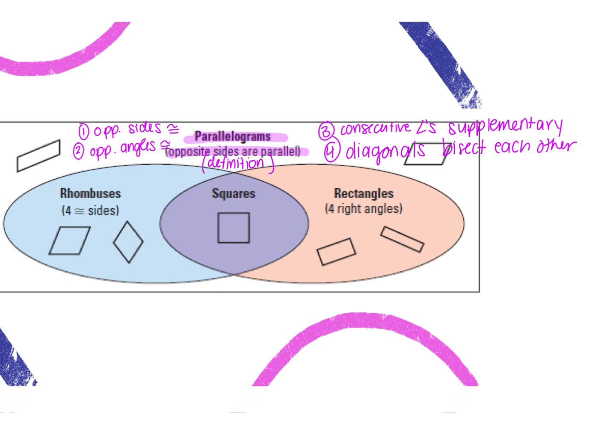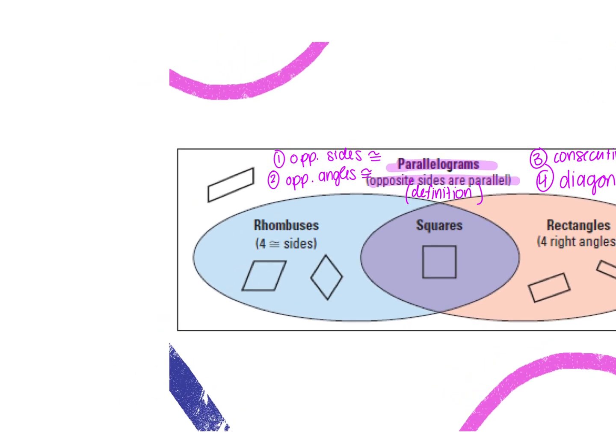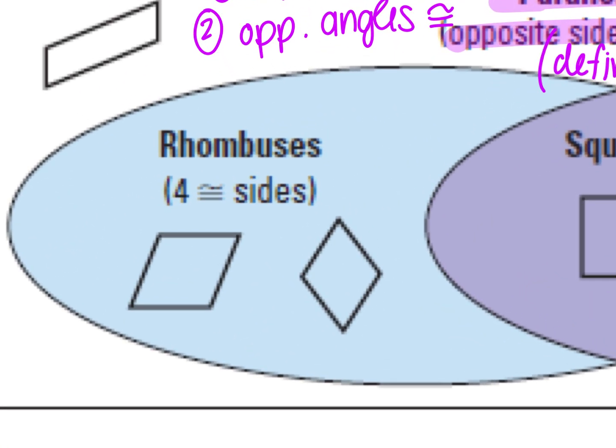Now, rhombus and rectangles have specific characteristics to them, and I'm going to write it and I'm going to draw it. Looking at my rhombus, yes, it has 4 congruent sides, which we should be able to know that. I'll draw my little congruency marks. Here are my congruent sides, little black lines. But we also need to know,